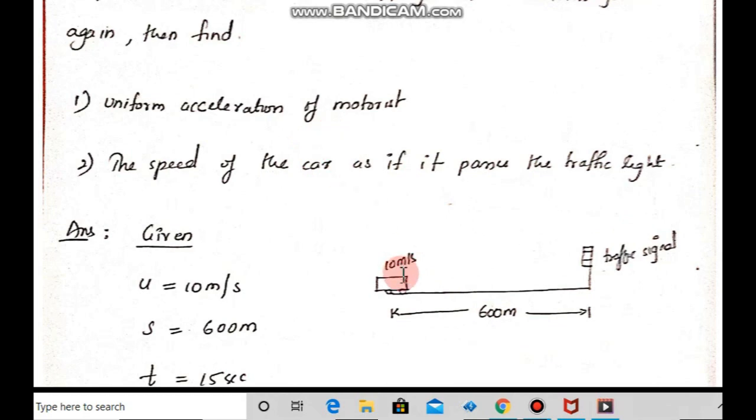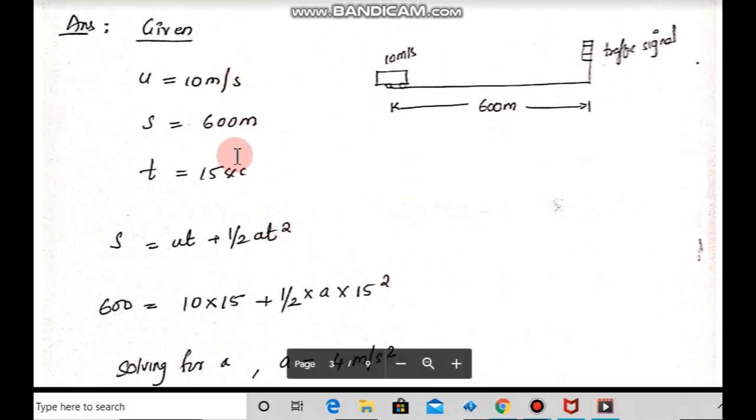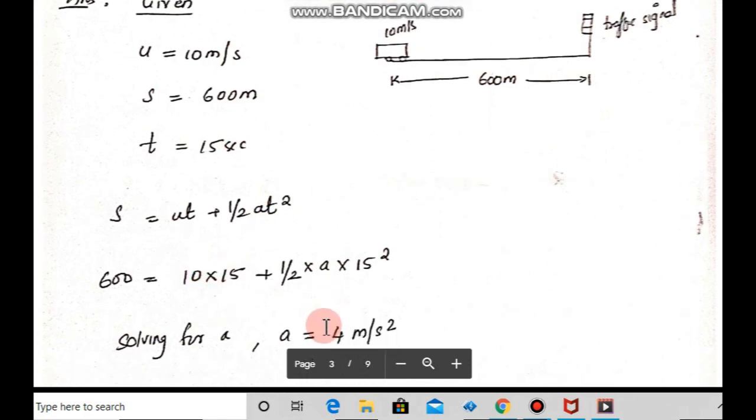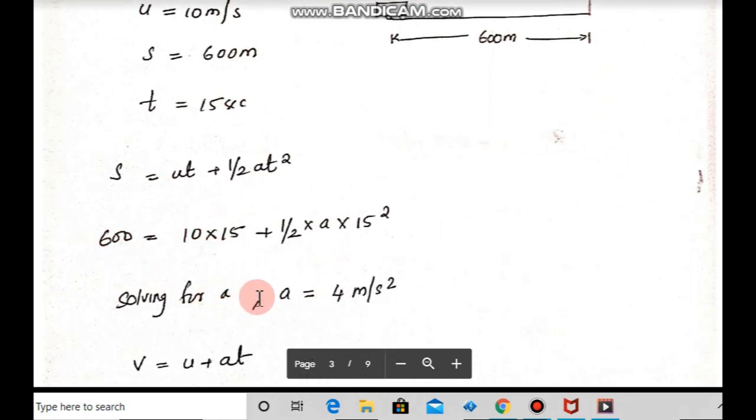So everything is given here, so acceleration can be found out using, I think it's 60 only. I have written here 600, there's a mistake, so please do correct it. A is equal to 4 meter per second square. Solving that,